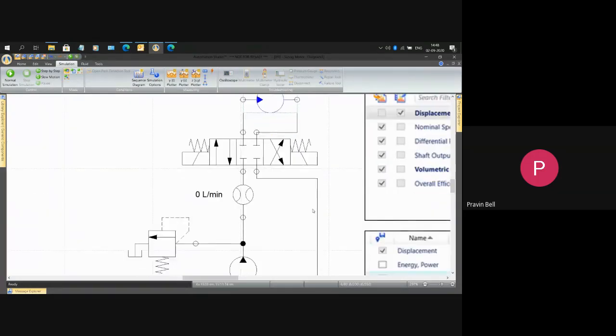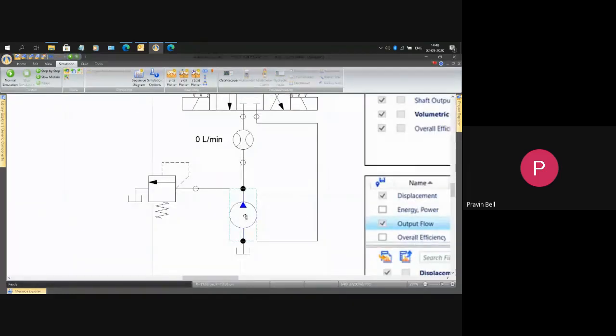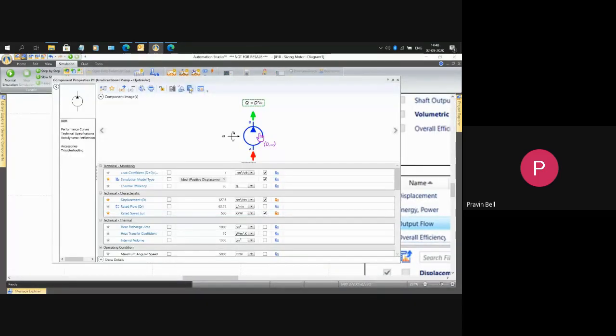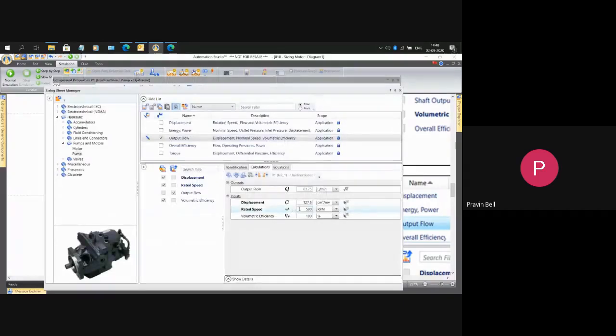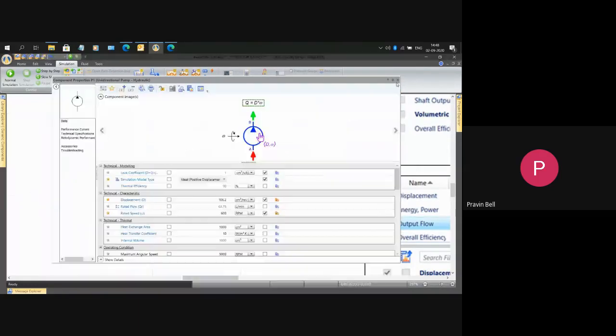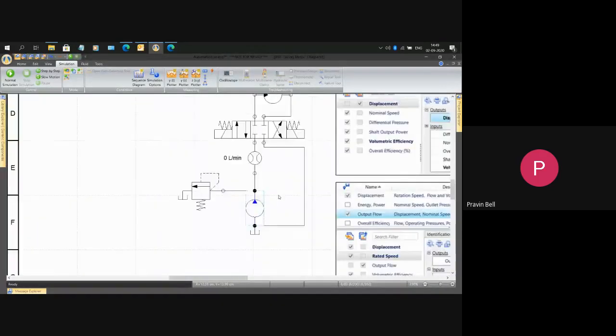Then I go to my pump, and I tell my pump that you please give me a displacement of this much. So that displacement value from my motor I enter here. I say paste here. I say 600 RPM. Software automatically calculates the flow rate of the pump here. Output flow, it automatically calculates. I say okay. I'll simulate my circuit now.